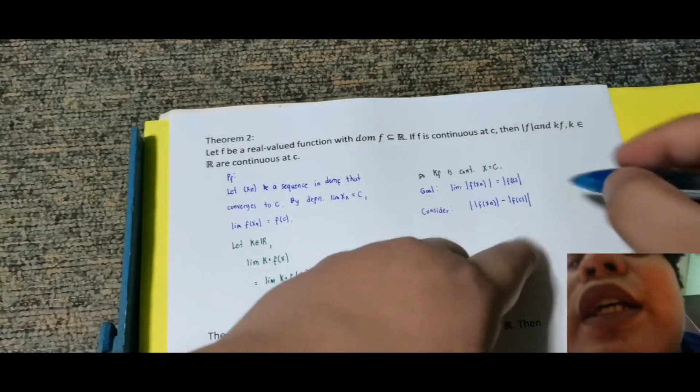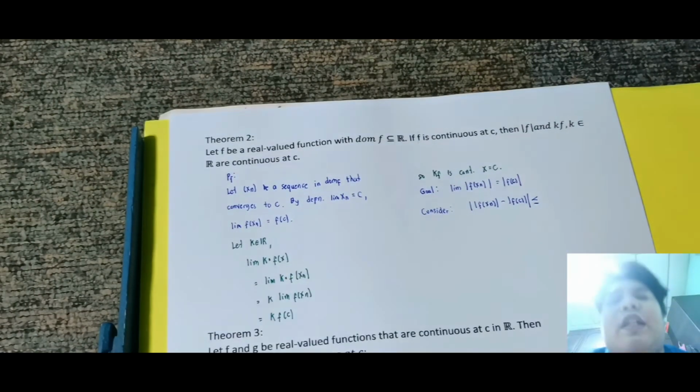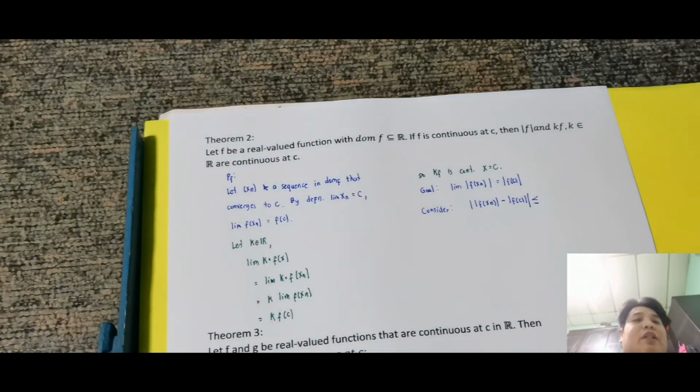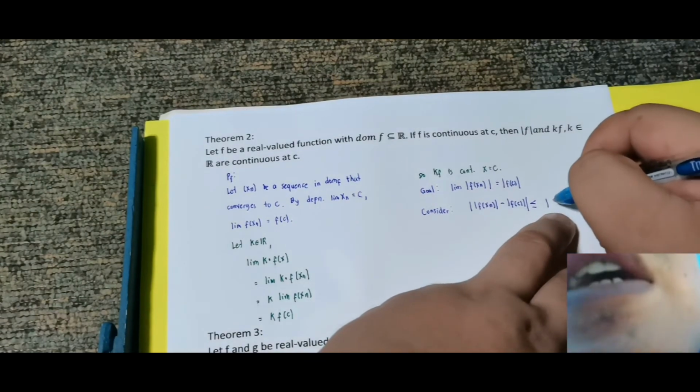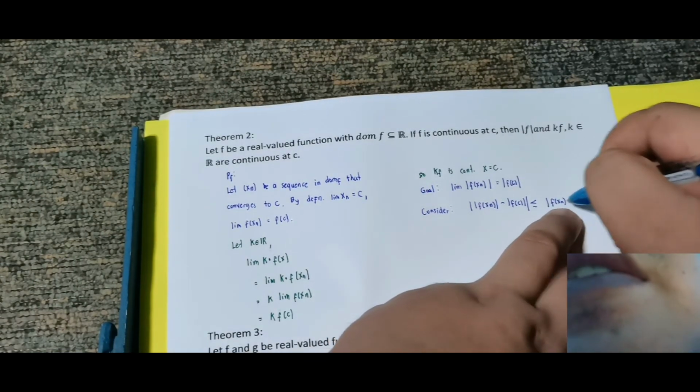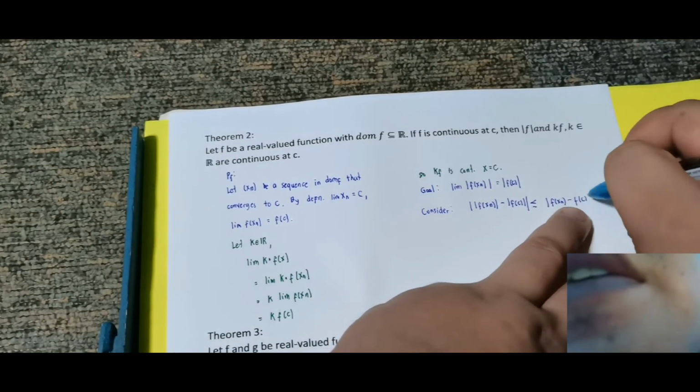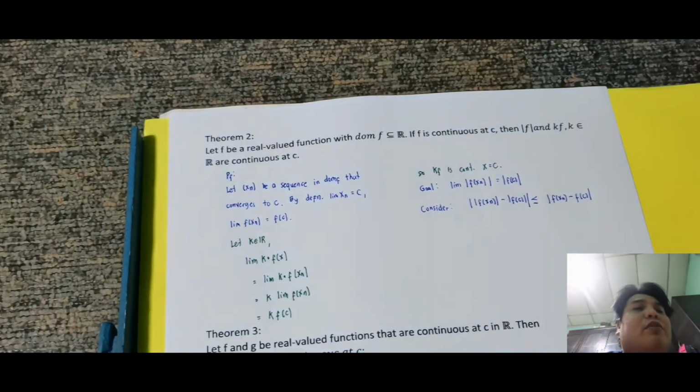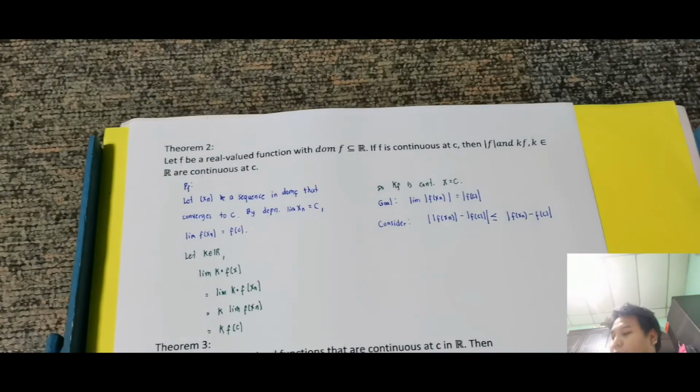Okay, then this is less than. So, saan siya less than? Alam ko less than siya dito: absolute value of f of x sub n minus f of c. So, ito mas maraming absolute value. Kumbaga doble. Okay, so ngayon, ang gagawin natin, since alam natin yung limit of f of x sub n is